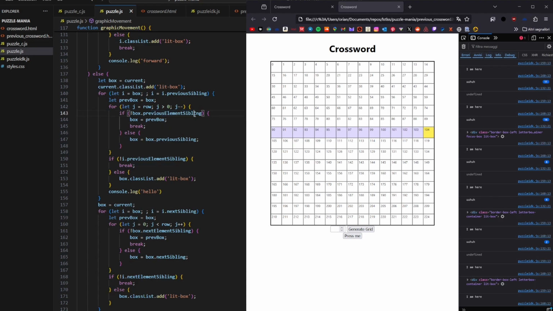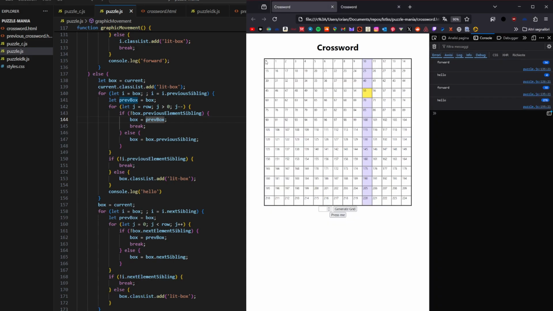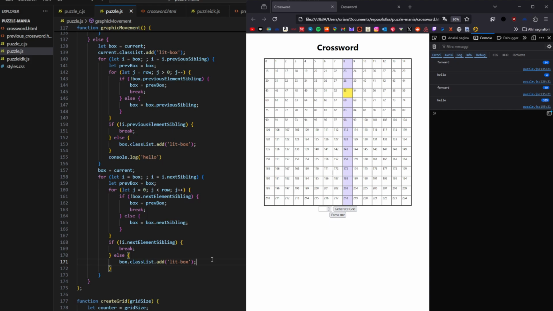And then I figured out that the previous element sibling would be null. So I put that, and when that is null, box equals prev box, because if I don't do that, this would be like this box. And then I made this going backwards and this going forwards. I made those, and I said I'm gonna figure out how to not repeat them later, and that was a good idea